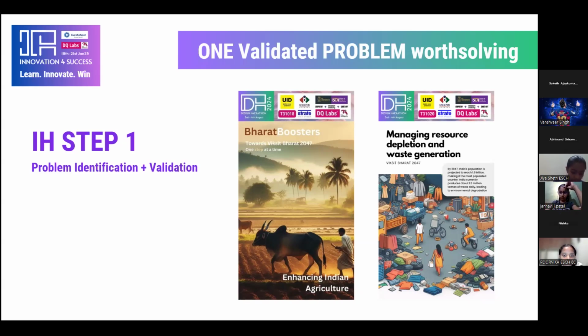Then, can we use other apps also? Yes, you can use other apps. But the final output should just be in Canva. You cannot make your video in anything else. It's not compulsory to bring a mouse. If you have it, you can get it. If you don't have it, it's fine.